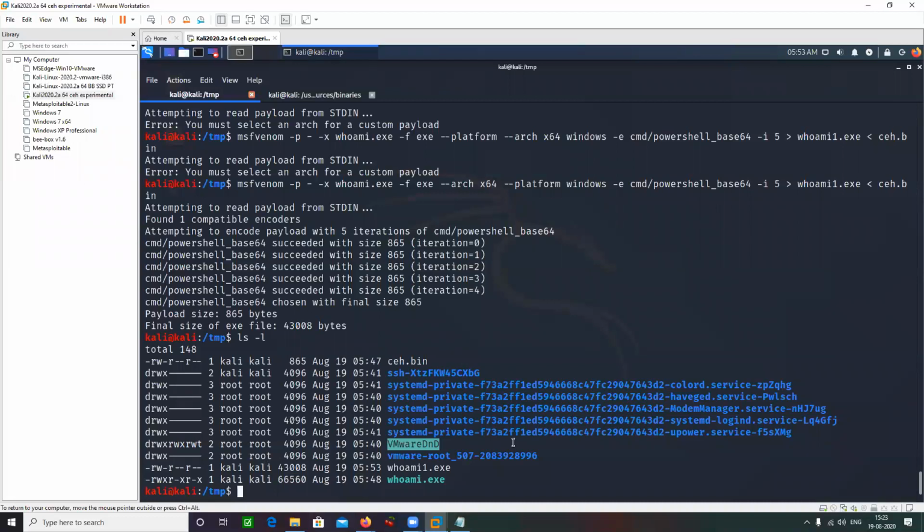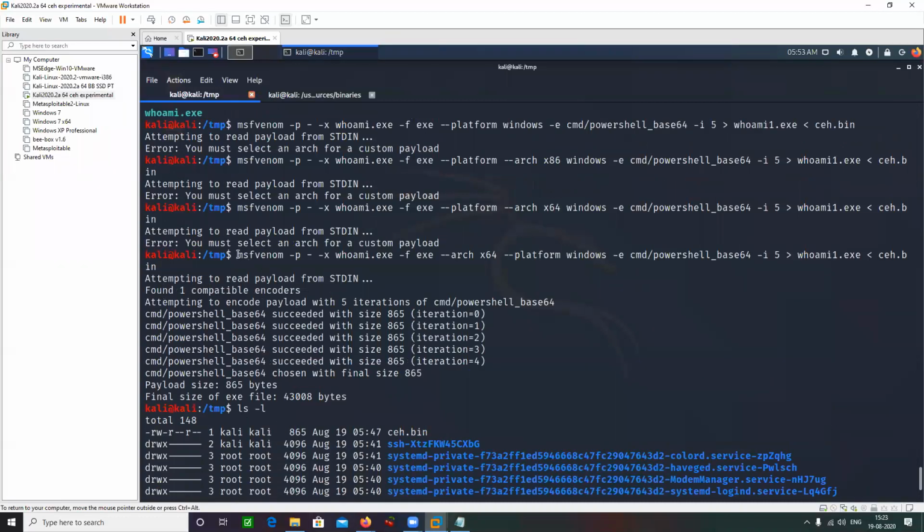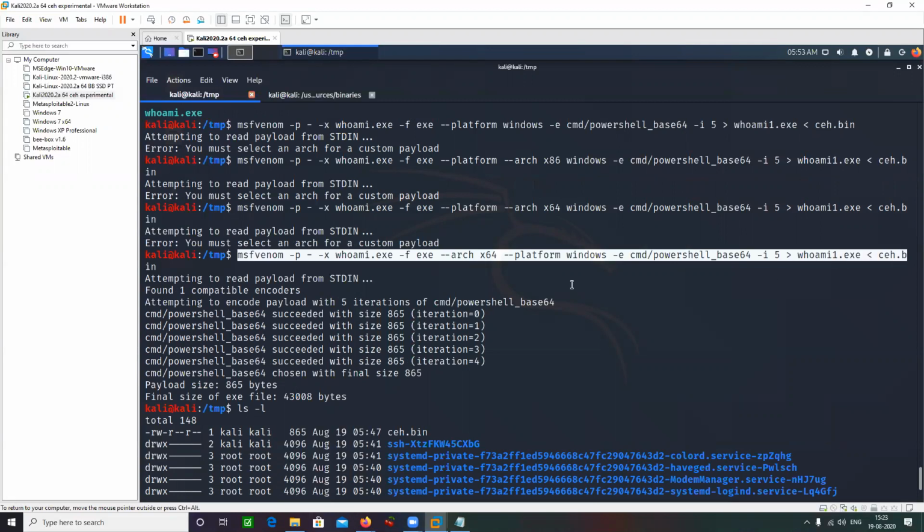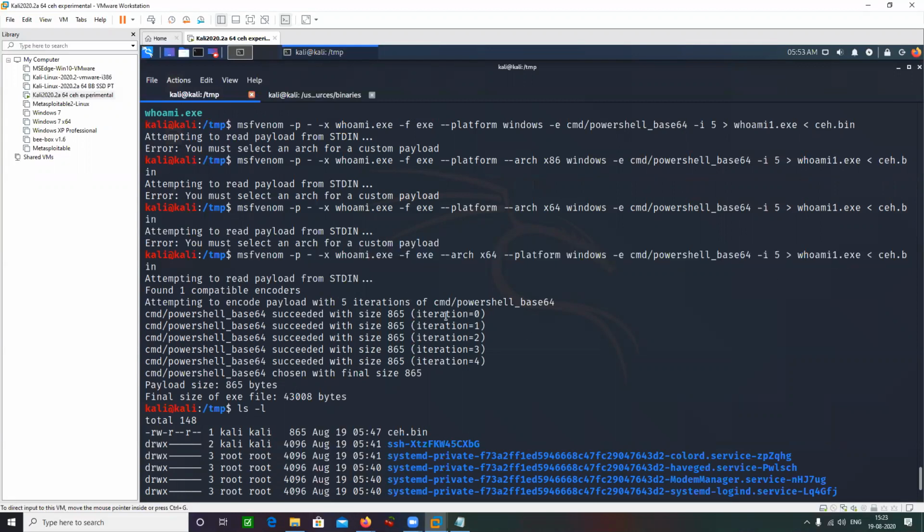Okay, so that's how you can use this. This is the command that you can use for using a custom file.